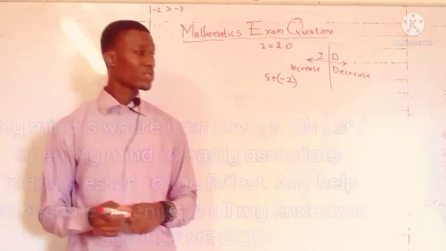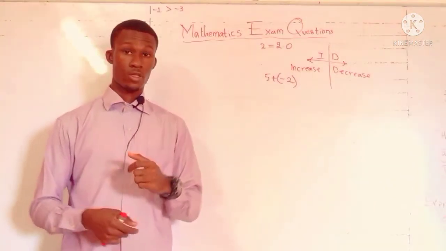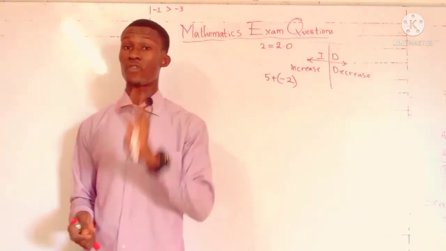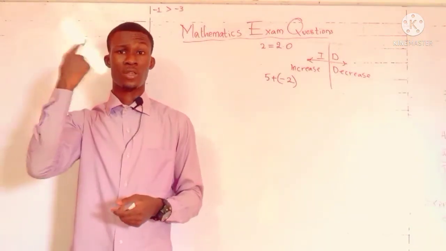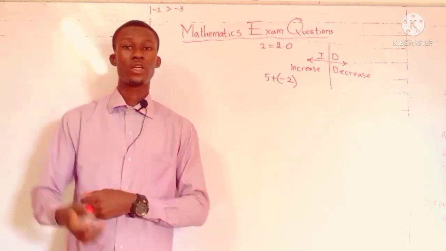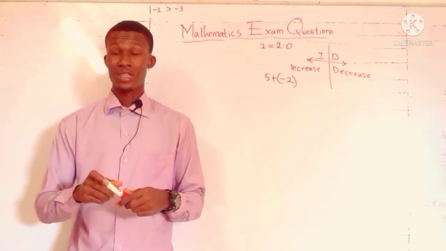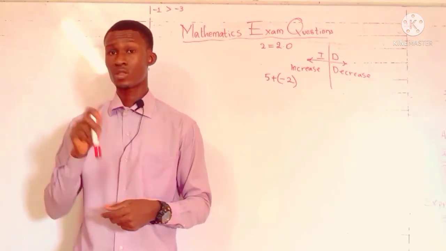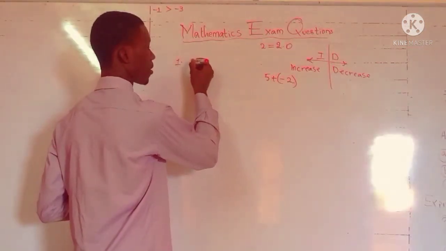So let's just commence. Now we're instructed to approximate the following numbers in 4 significant figures, 3 significant figures, and 5 significant figures. Now, whenever some students hear significant figures, it's really a thorn in their flesh. So please try to stick around to the end of this video. You'll be so surprised how significant figures will actually become very easy after watching this till the end. Now the first one is